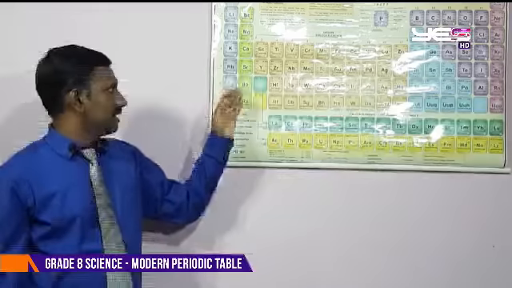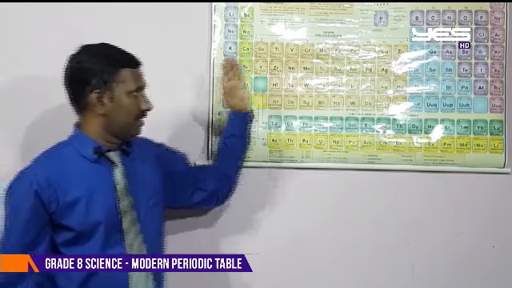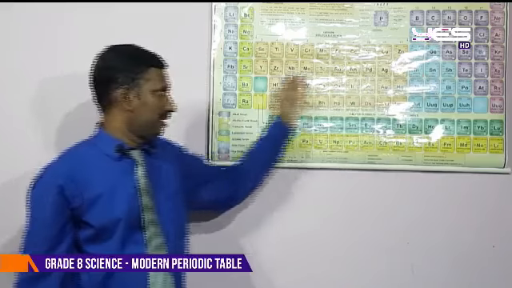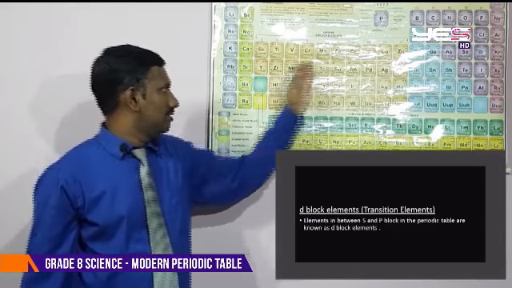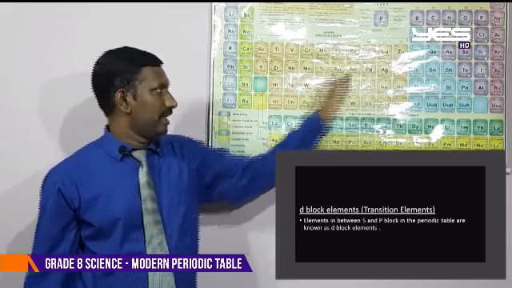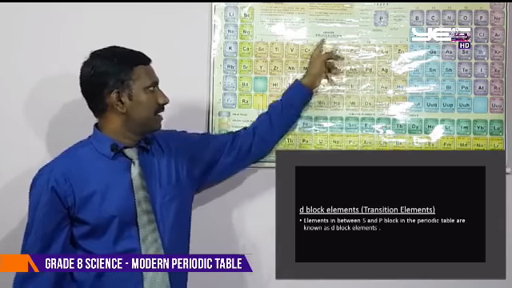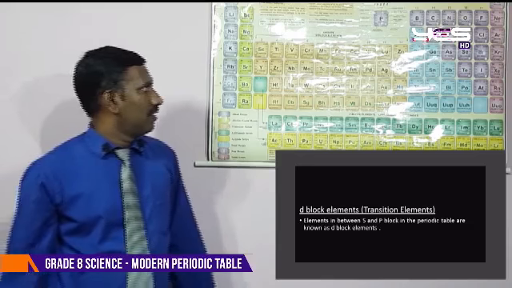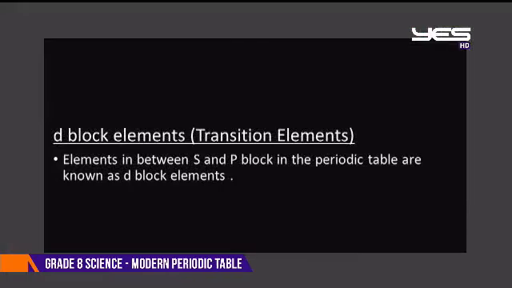Then we can see the elements in between s and p block. You can see the elements like a bridge which connects s block and p block. These elements are known as d block elements or transition elements. So what are d block elements or transition elements? The elements present in between s and p block in the periodic table are known as d block elements or